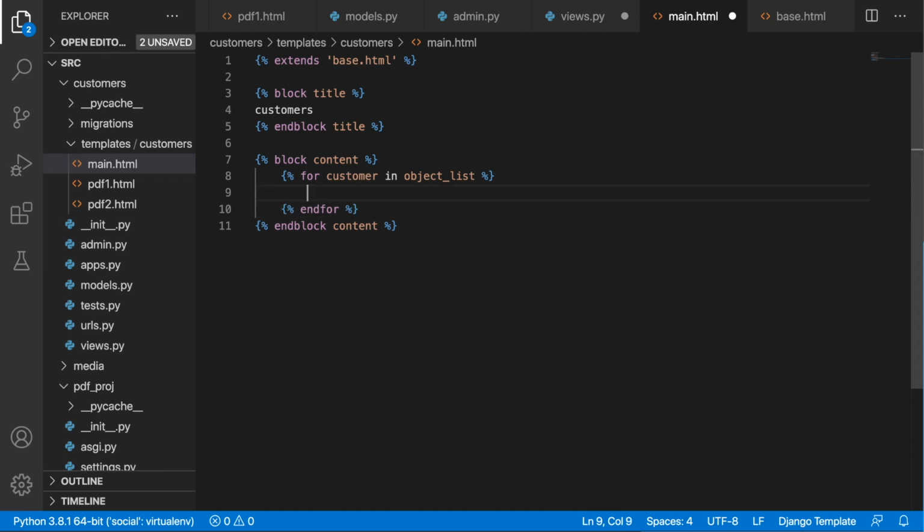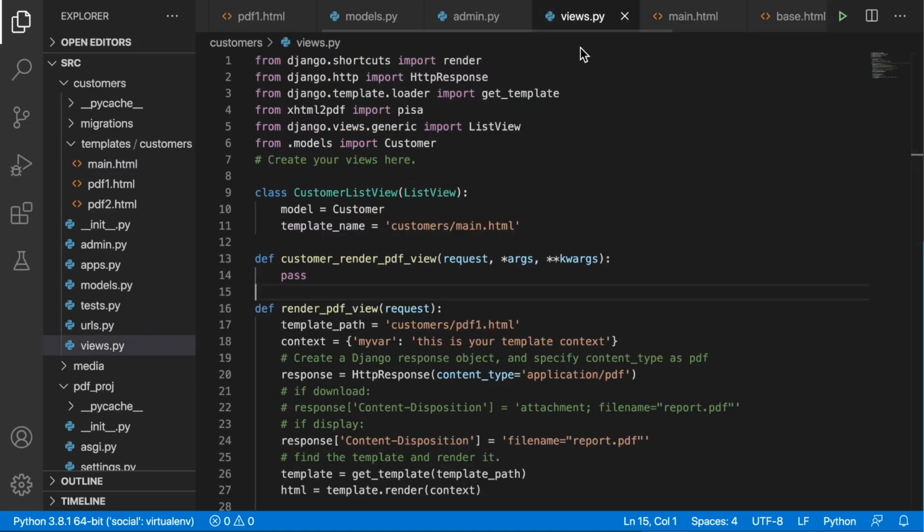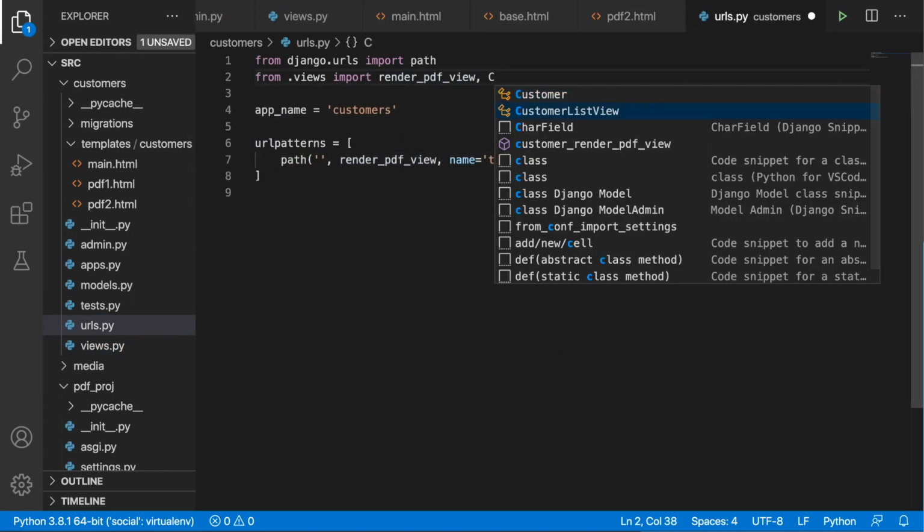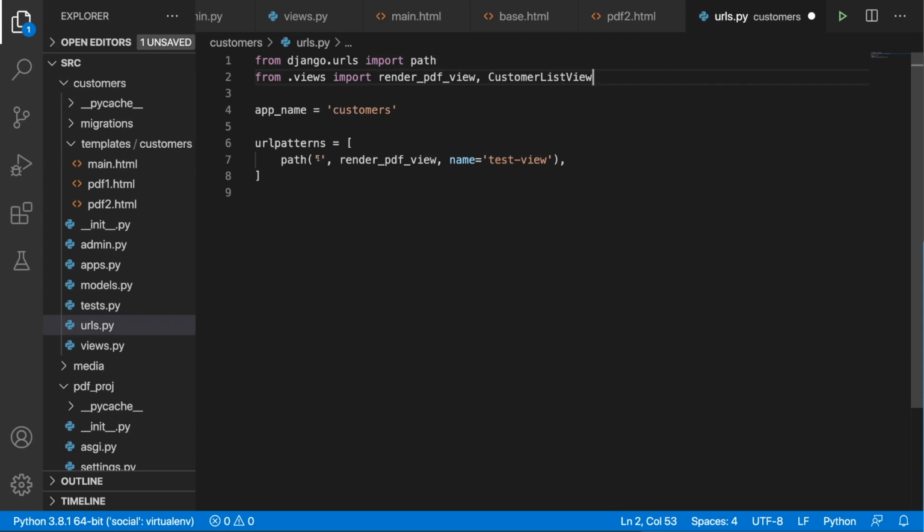Let's maybe display the customer itself and add a break line over here. So now I'm going to save this. I'm going to also save the views.py because I forgot about it, and I'm going to head over to the URLs. Here what we need to do is to import our customer list view, and this path I'm going